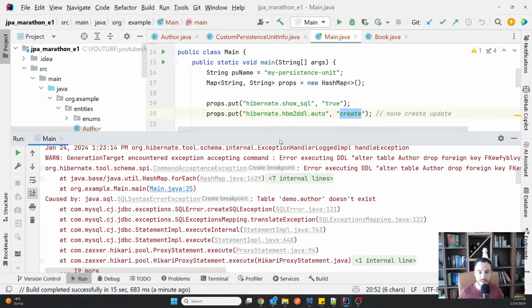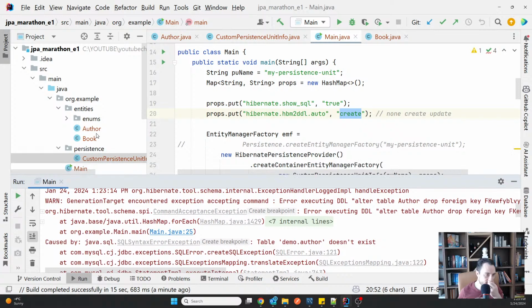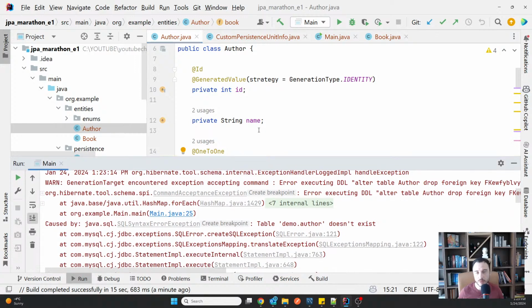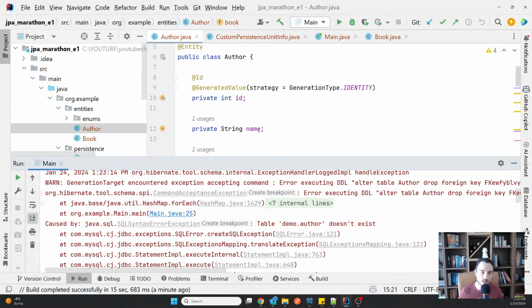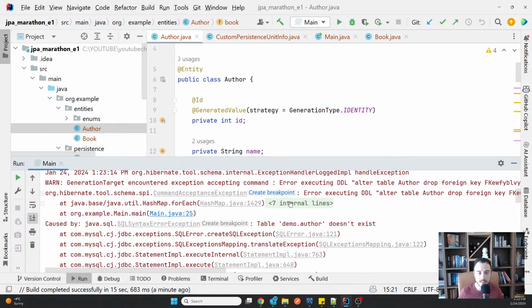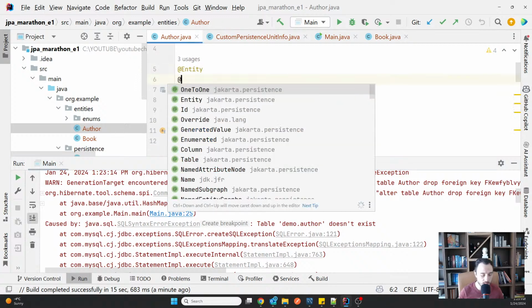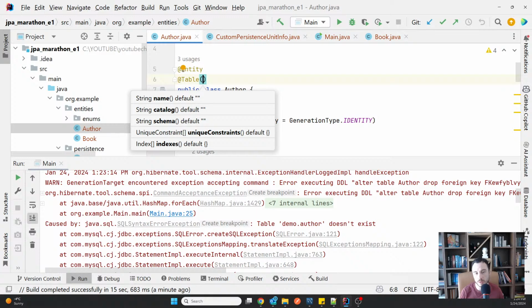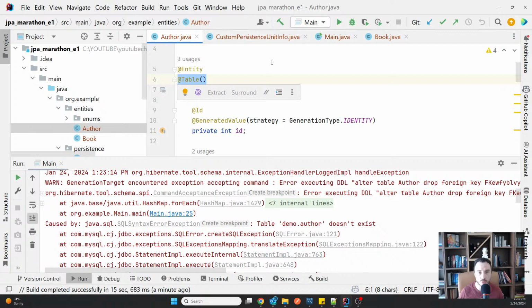So one of the things you have to be careful about is that some of the words you might want to use are reserved type names. And to be honest, I don't know all of them, and they might depend on technology, but it seems that author in this case is one of them for MySQL. So then what I need to do is to make sure that I name the table in a way in which it is not using a reserved type name, because if I didn't use the table annotation at all, then it tried to use author exactly as is here.